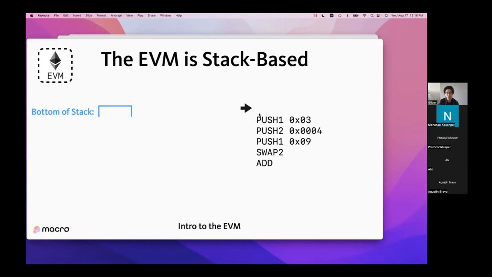Now, some opcodes take arguments. Those arguments are either going to be the next binary in the code, or it's going to be the stack. So let's talk about the stack. The EVM is stack-based, which means that all opcodes operate off of a singular stack for their execution environment. In other words, whenever you run a function on a contract with a transaction,